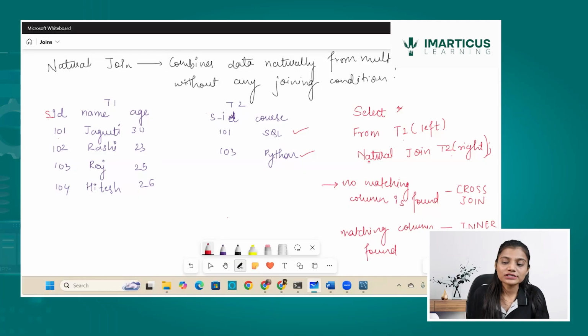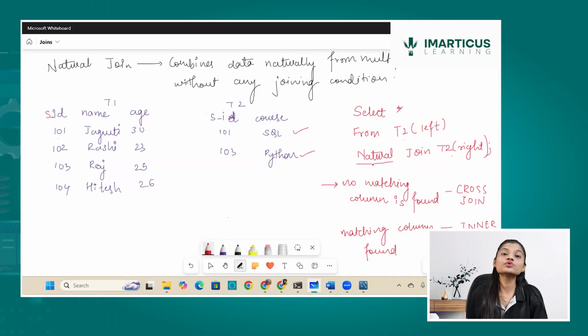But it is naturally going and finding the data in order to join these fields. Why? Because natural join goes naturally. There is no joining condition required. So many people say that it works like an inner join. No, there are possibilities, there are scenarios, and how a natural join works and reacts in terms of giving us the outcome related to certain queries.